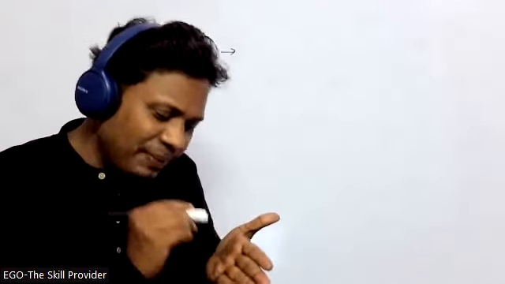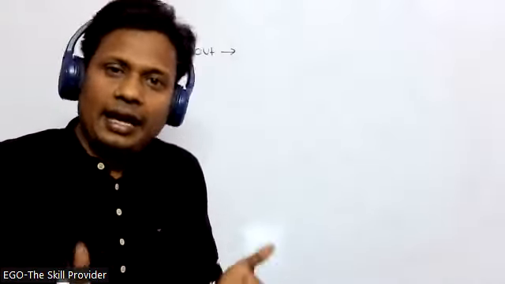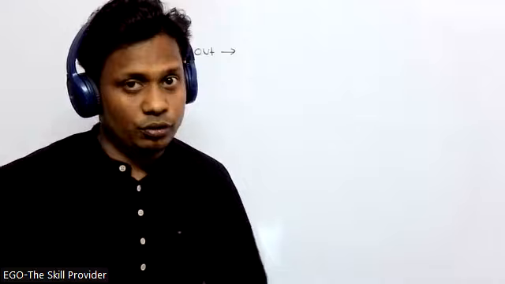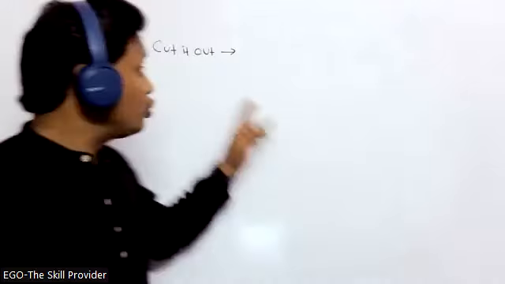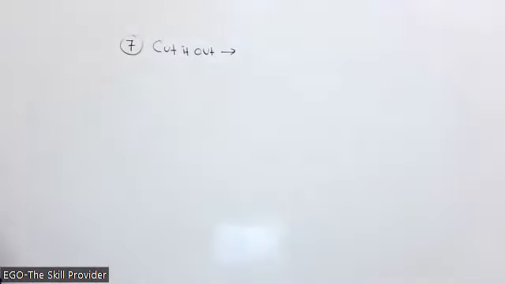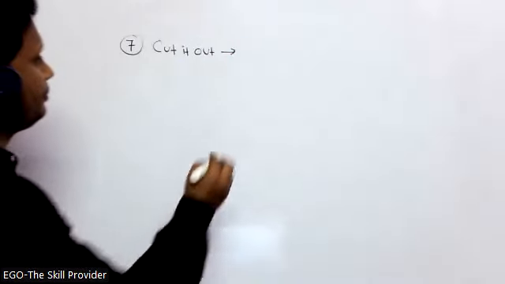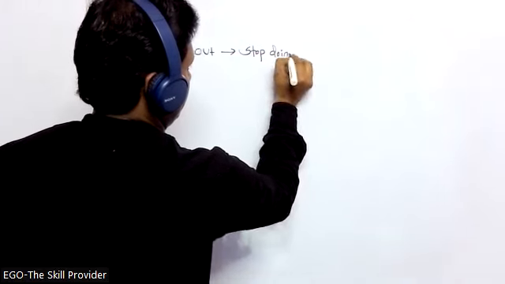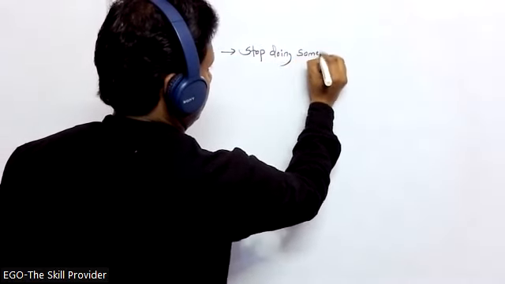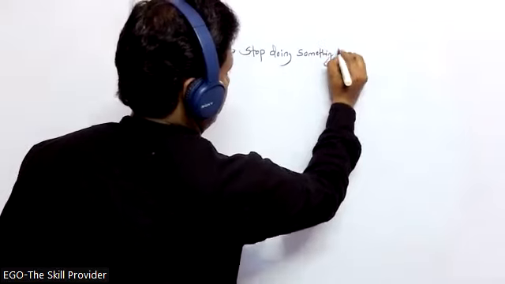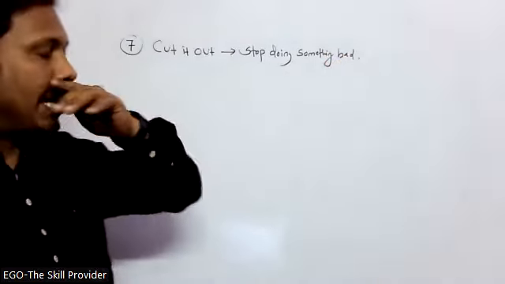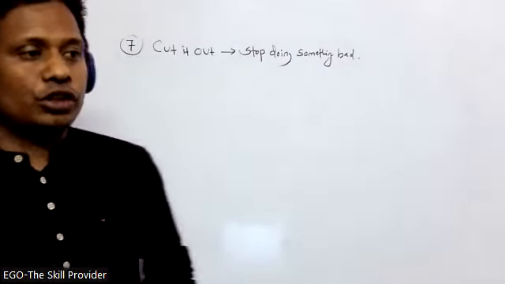But if you write, please could you please repeat same again. This is could you please repeat it. But whenever you are trying to say it, please come again. Okay, so this is called spoken English. So cut it out means, try to understand, stop doing something bad. What do you mean by stop doing something bad? Let me tell you, my friends.